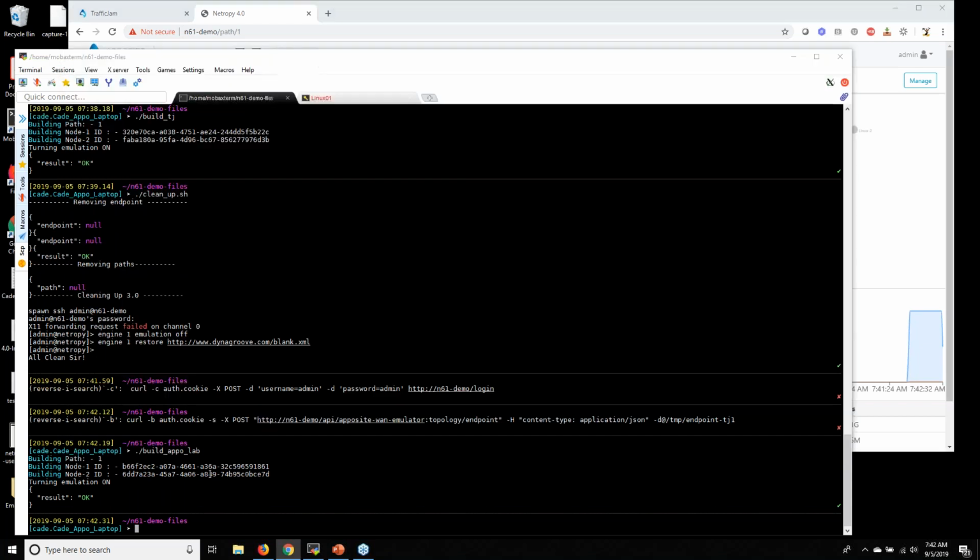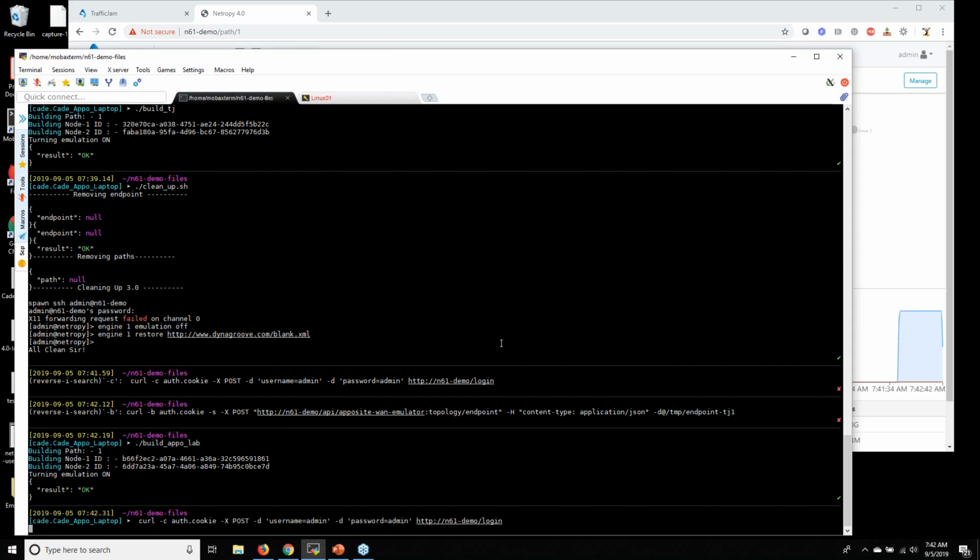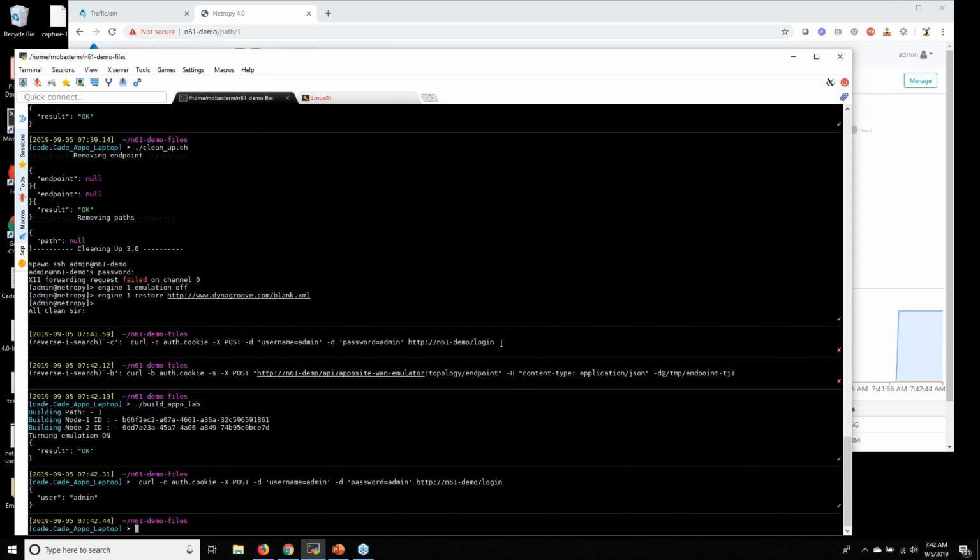Okay, and so I'm just going to do a quick query of the endpoints. So first I'm going to authenticate. And now let's do a query of what the different endpoints look like. Our path, we'll do this path right here.